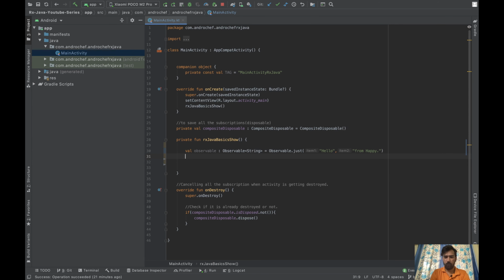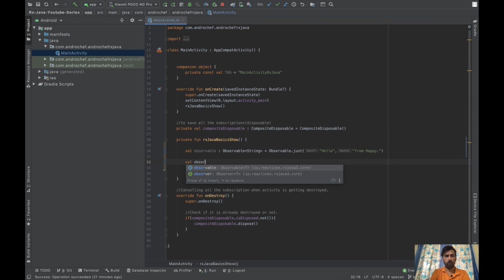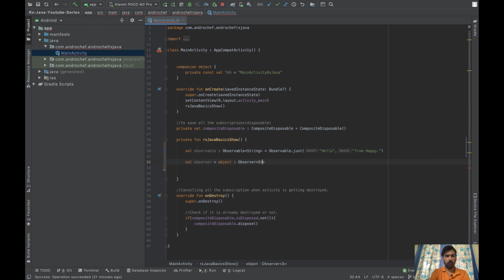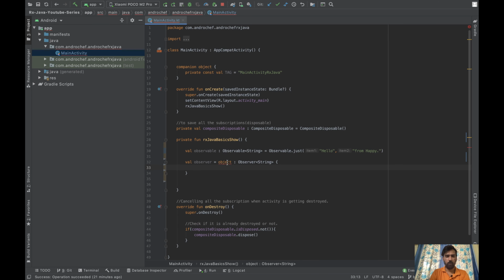Now we will create one observer for the same one, and override some methods.